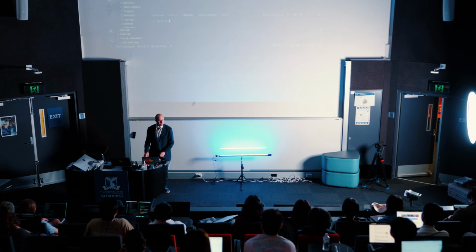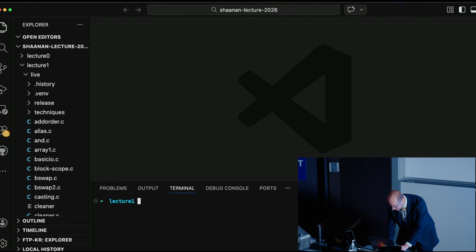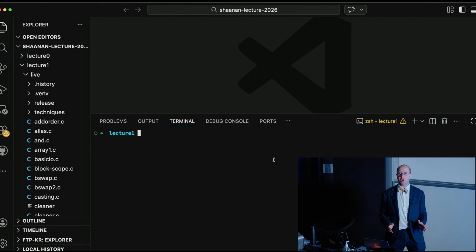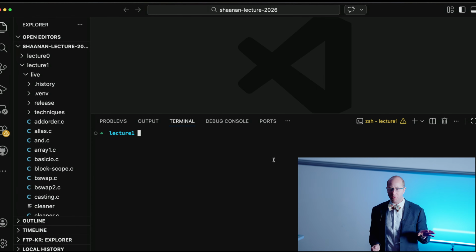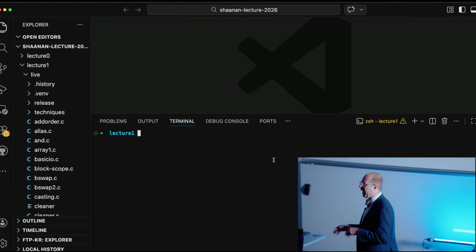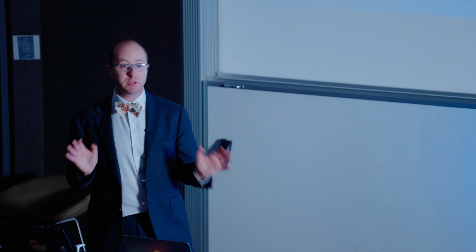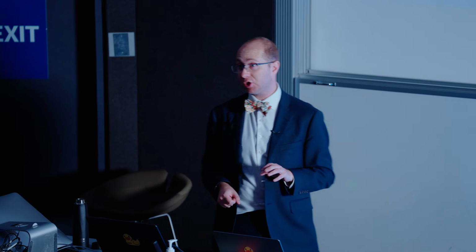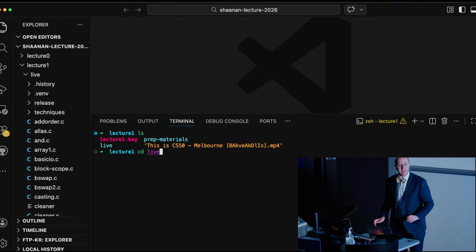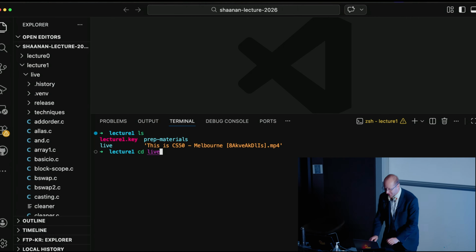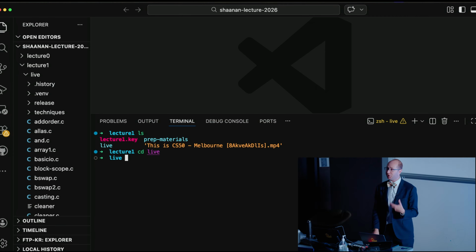So here I've brought up my trusty computer, and I'm going to enter some commands into what we call the terminal. The terminal is just a fancy way of saying there is a program running somewhere on the computer which understands certain commands and is set up so that you can type things in and it runs the commands that it understands. This is my terminal here. There are lots of different terminal programs you can use. In this case, this is a terminal built into a tool called VS Code that we're going to use throughout the semester. I am going to navigate to a directory called live where I have our demos for today. We'll talk about some of the commands used to do that later.